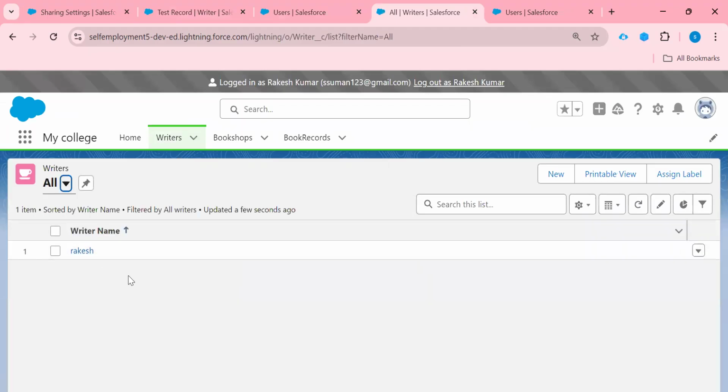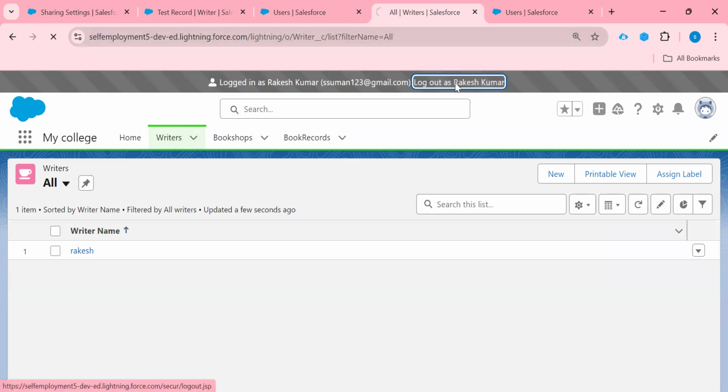So can you see? Now all records are private, because this person is above in the role hierarchy, but the role hierarchy option is unchecked. That's why this user is not able to see the records of the person who is below in the role hierarchy. So in this way role hierarchy works.